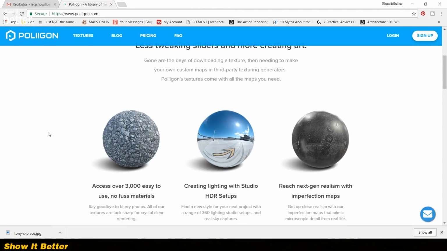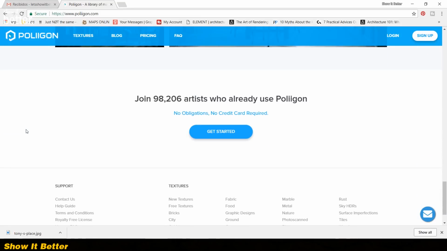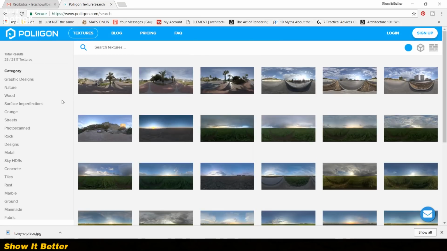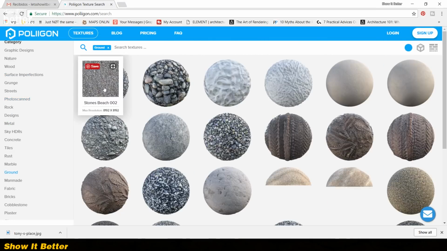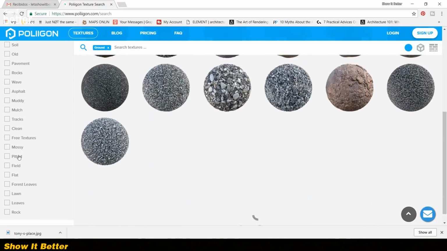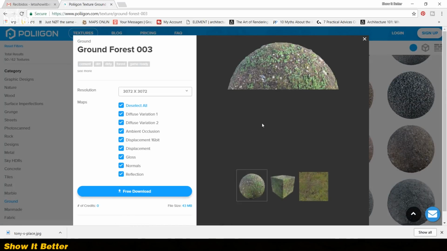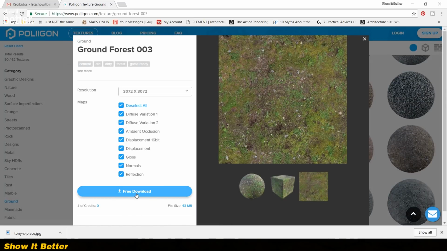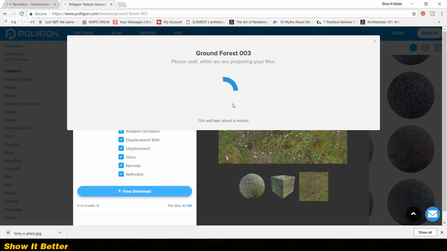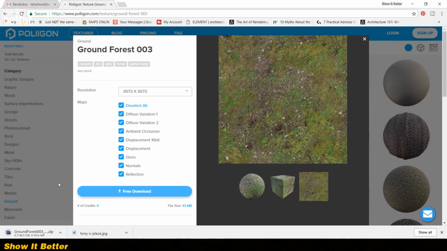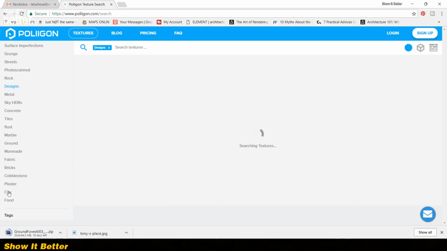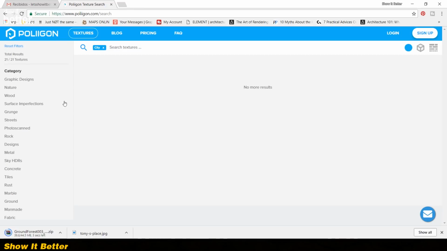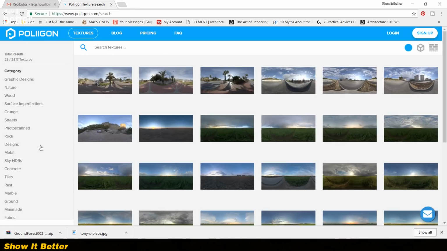Next is Polygon. This site is one of the more pro of the bunch. It has images that are also greatly mapped. So as you guys know, there are some sites where you just download images that are just photography in general. Then there are some other sites where you can download images that are already mapped and ready to be applied in the 3D space, right? So this is one of those sites, Polygon. Meaning you can insert them in your 3D model and apply it to your buildings or surroundings, and when it renders, you will have a great looking material. There are also other sites where it's just more convenient to add them in Photoshop in the post-production process.